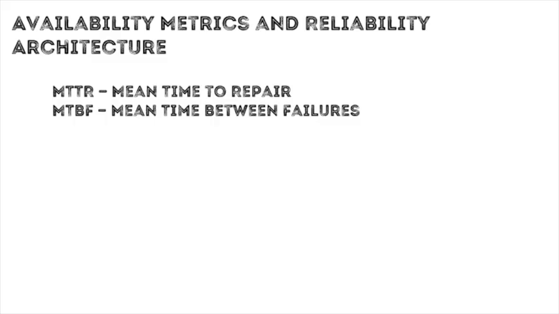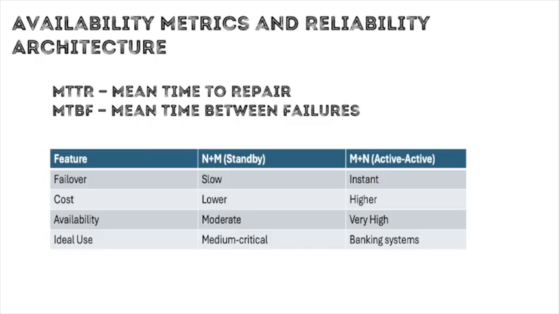MTBF, or mean time between failures, measures system reliability, that is, how long the system can run without errors or downtime. To increase MTBF, the bank conducts regular preventative maintenance, applies software patches, and balances workloads across servers to prevent overload. When it comes to architectural design, there are two main models for redundancy: N plus M, or active standby,